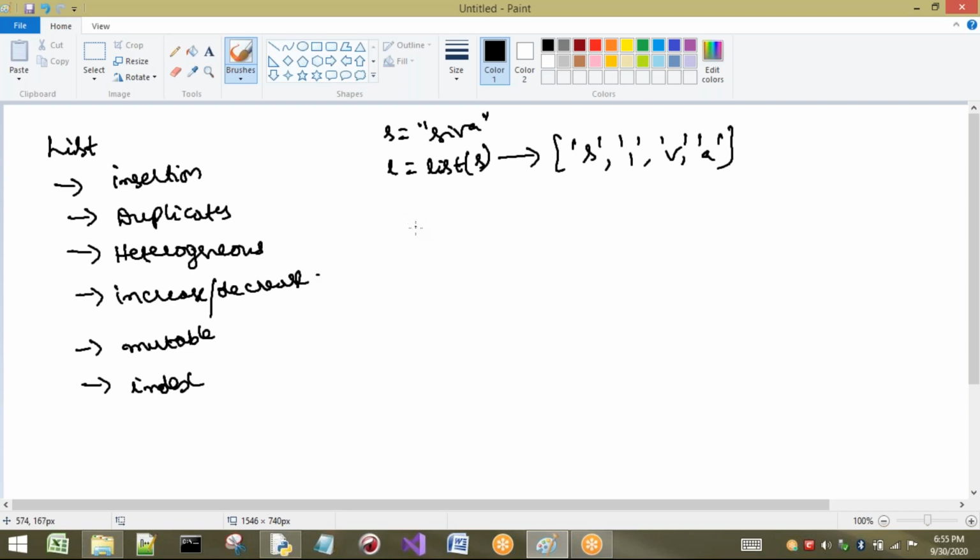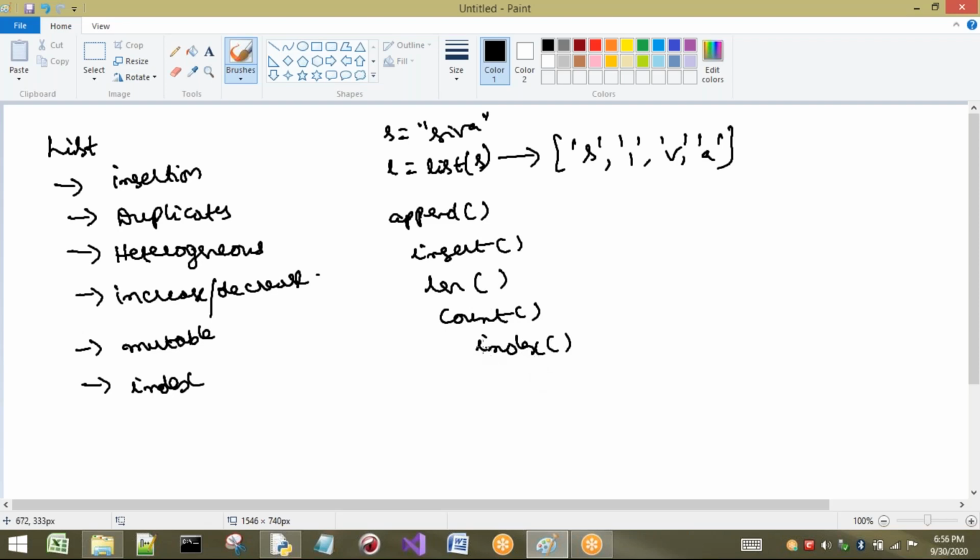First is the append method. Next, the insert method. Next, the length method. Next, the count method. Index we have also seen.